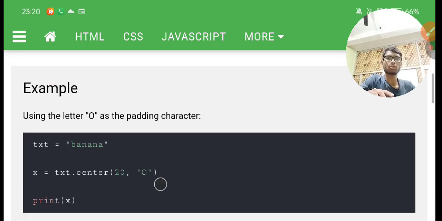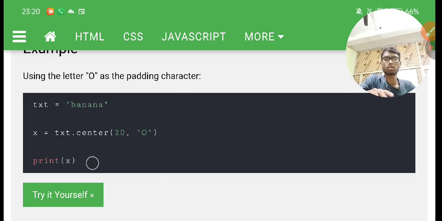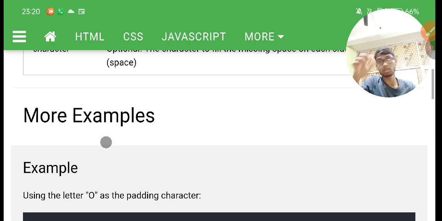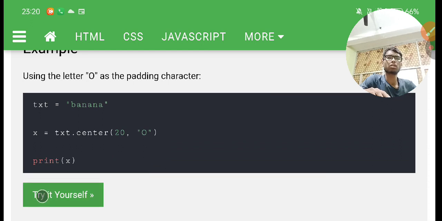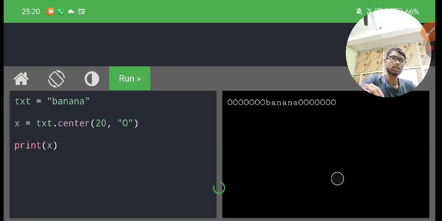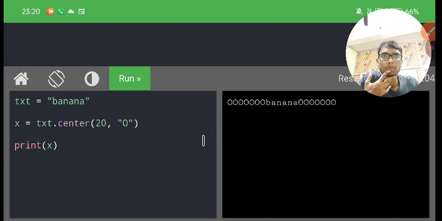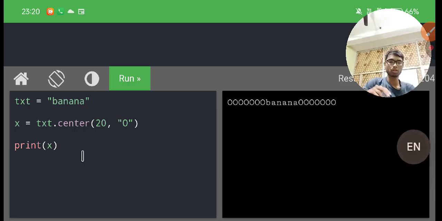Okay, let's see. This is optional. So the character to fill the missing space. Let's see what it is saying. There is a space, and if you want to fill this, then this is optional. It will depend on you. So just enter this, and then it will be filled. If you want to do it practically,